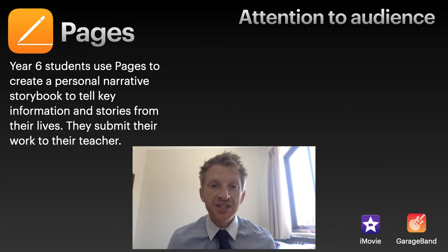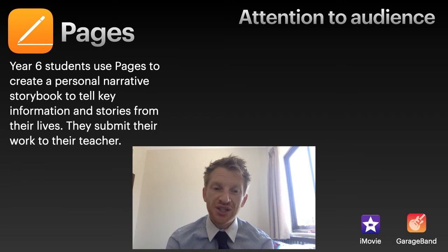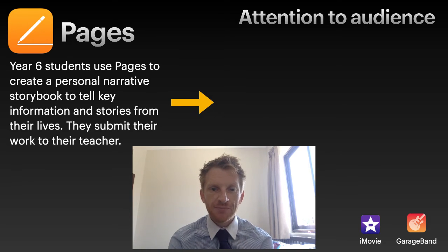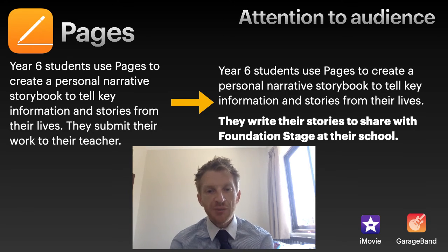Let's consider Pages, and let's think about how we're going to create a product specific to an audience. So Year 6 have been using Pages to create a personal narrative storybook to tell key information and stories from their own lives, and they submit their work to their class teacher. How about if we flip that around a little bit and using Pages, the Year 6 students create their personal narrative storybook to tell information about their lives, but then they share their stories with children in the foundation stage